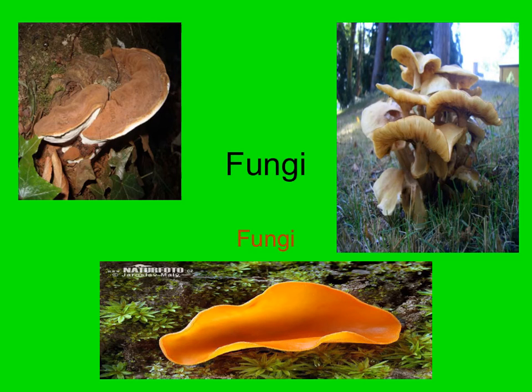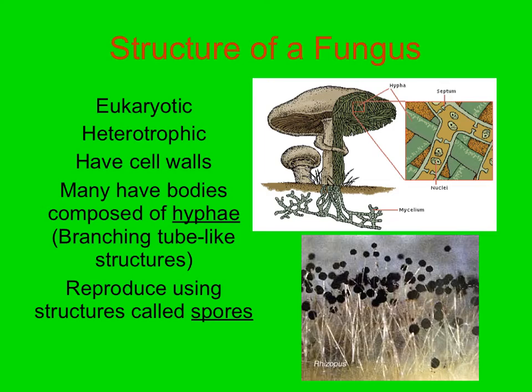Now, the fungi are another kingdom, which accidentally, once upon a time, were actually classified along with plants. Because, I mean, really, when you look at them, they look like plants. But they are different. They are eukaryotic like plants. They do have cell walls like plants, but they're actually heterotrophs. They cannot make their own food. And in fact, scientists have now found that the cell wall is actually different. It's made of a material called chitin, not the same material that a plant cell wall is made of.